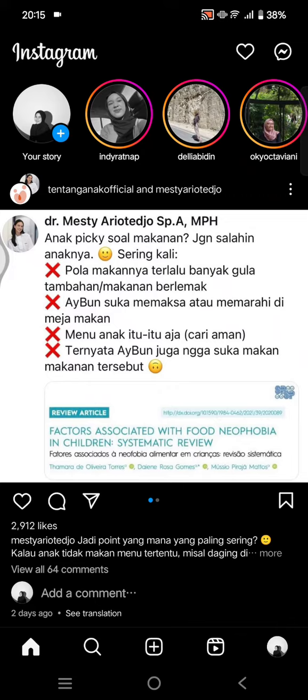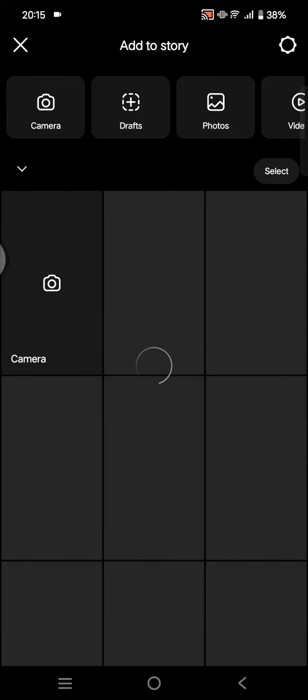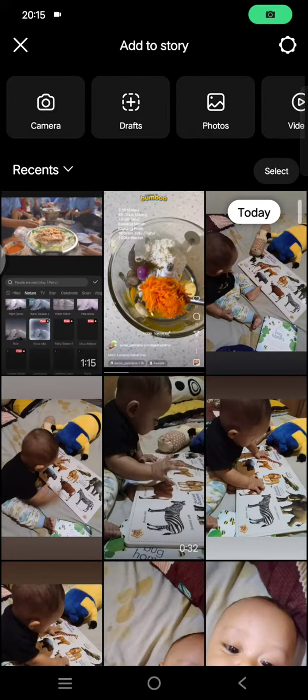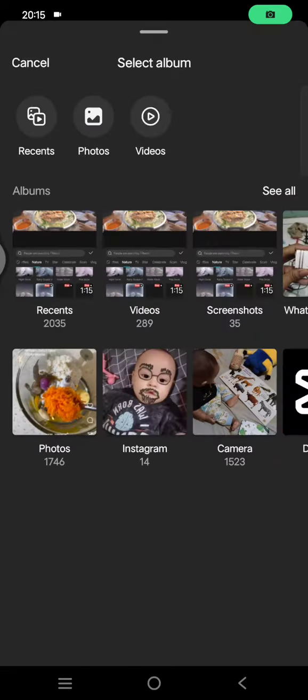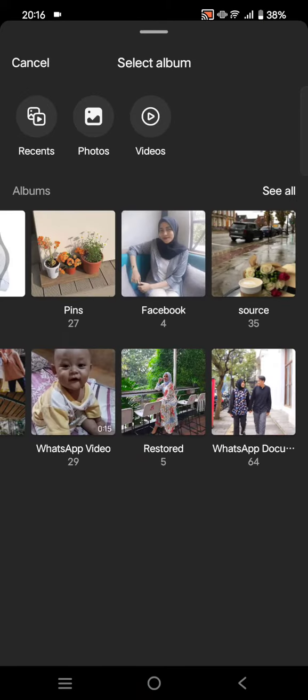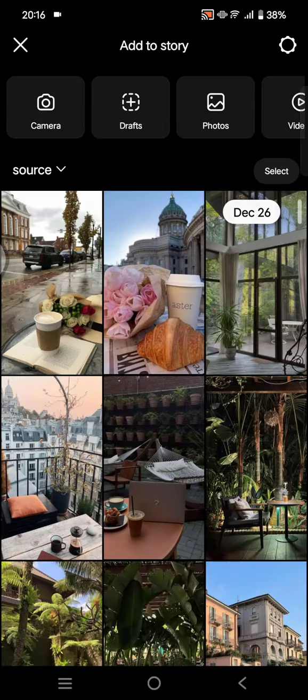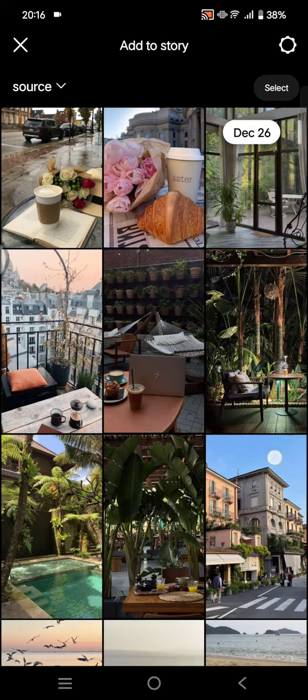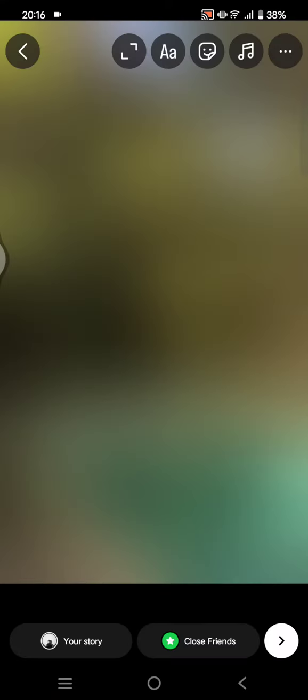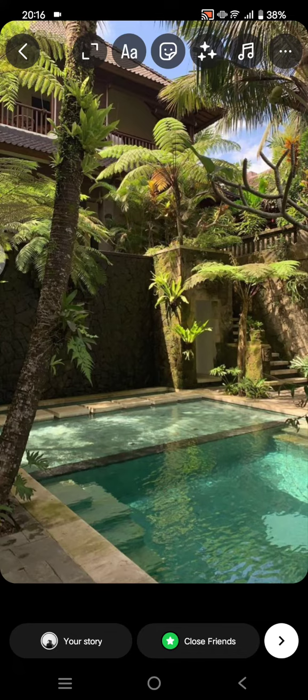Instagram. So you can start by clicking on your story, and you need to create a story first, or a reel, to be able to create a cutout sticker. For example, I'm going to just select this photo as the background, click on the sticker icon at the top,